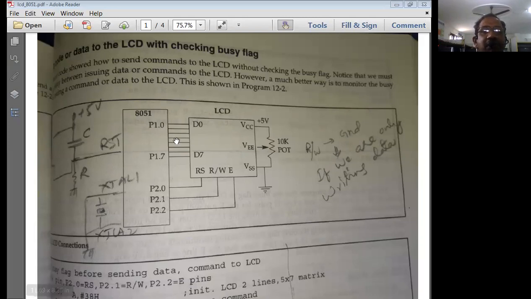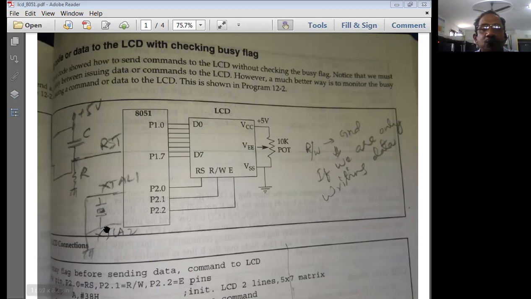So for the LCD, we have used port P1 for input and output. Basically, P1 with the LCD is normally used to display some data. So here, P1 is going to be the output port, where we always send some data or a command to the LCD display. Port P1 has been used to transfer data from the microcontroller to the LCD display unit.